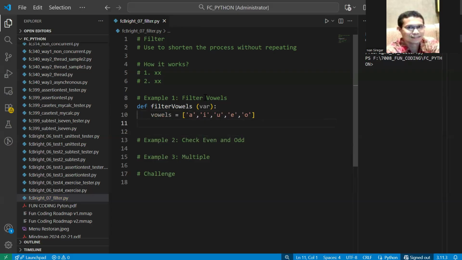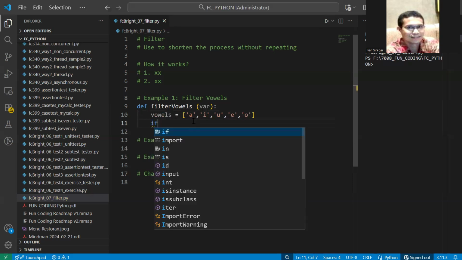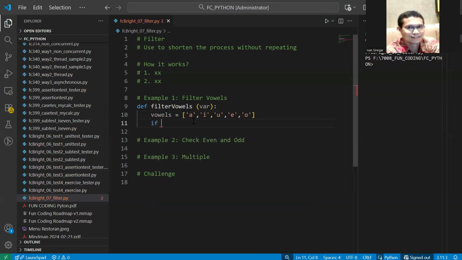Okay, so we have that, and then the thing is we want to check whether the var is a member of the list here. So we do if this variable is in the vowels.